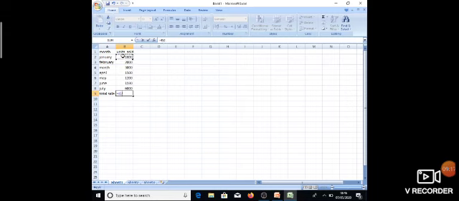Then add the numbers one by one. So we have to add B2. This is your B2. The column is B and the row number is 2. In this way you can provide the cell reference B2 plus